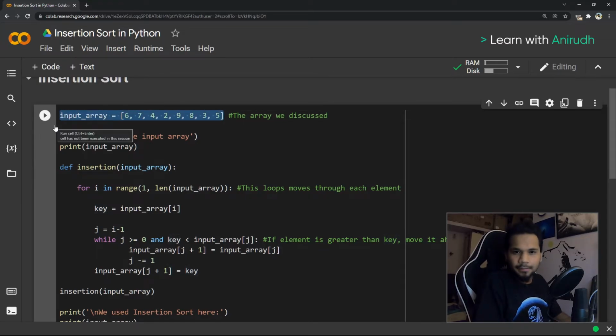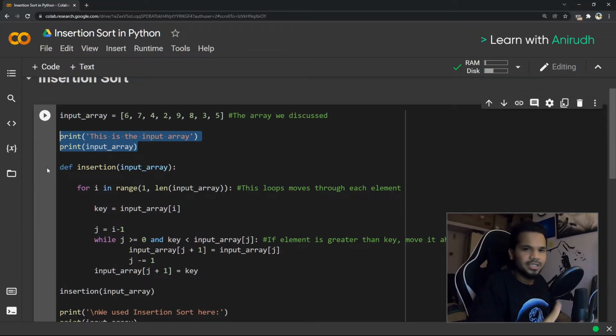67429835. Of course, this is the input array that we gave. We need the input to sort something, right? So this is the input array that we're going to sort. Fantastic. You already know why we need these two lines to basically print us what the input we're about to give. Now, if you haven't had a chance to understand why we've used this, make sure to take a look at bubble sort. If you haven't, I'm going to explain it again.